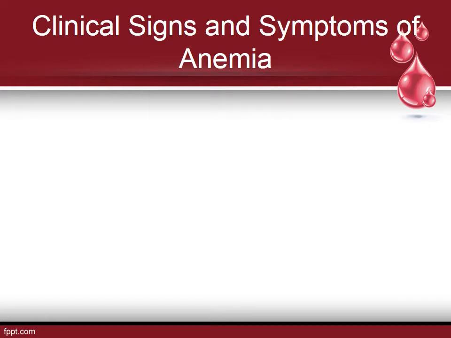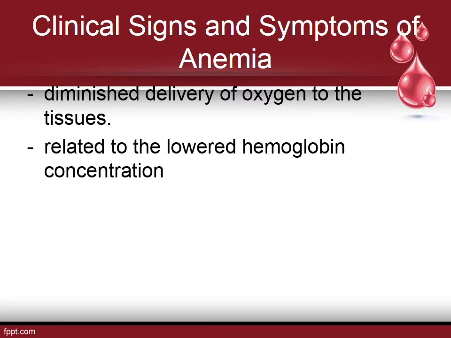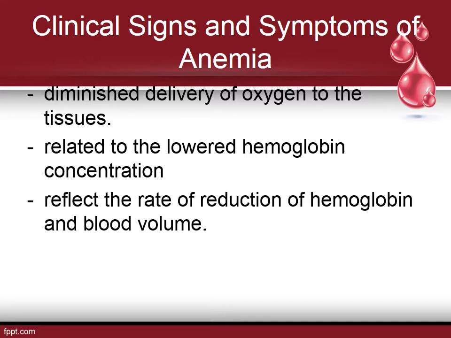So what will be the clinical signs and symptoms of anemia? The clinical signs and symptoms of anemia can result from diminished delivery of oxygen to the tissue. Signs and symptoms of anemia are related to the lowered hemoglobin concentration. In addition, clinical signs reflect the rate of destruction of hemoglobin and blood volume. If anemia develops slowly in a patient who is not otherwise severely ill, hemoglobin concentration as low as 6 grams per dL may develop without producing any discomfort or physical signs